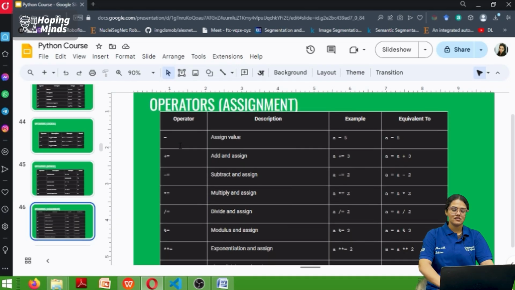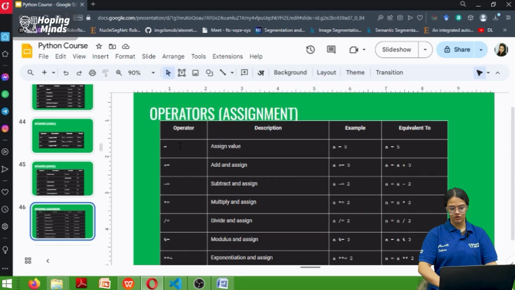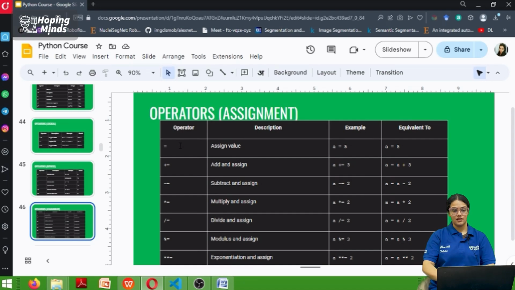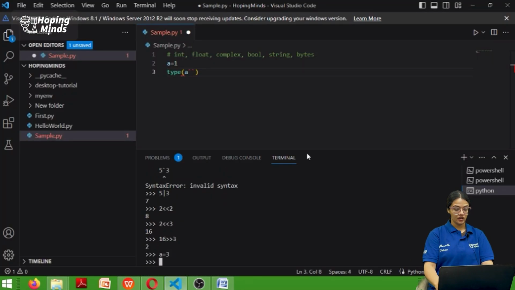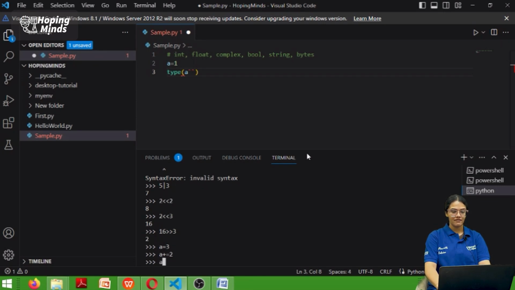The next operators are very simple. Simple assignment operators. Let me show you again. A equals 3, you are assigning the value 3 to A. Plus equals 2, you have added the value 2 to the existing value of A. So this gives me 5. Again, I will add 10. So what will be the final answer? 15. Now I will subtract,